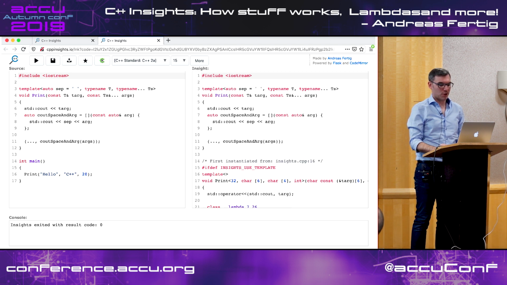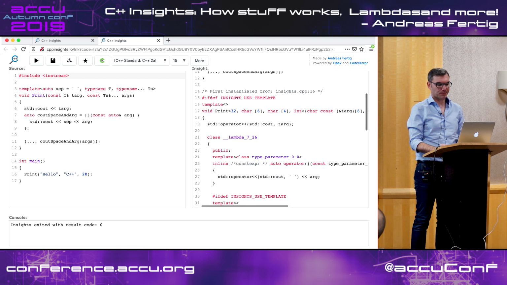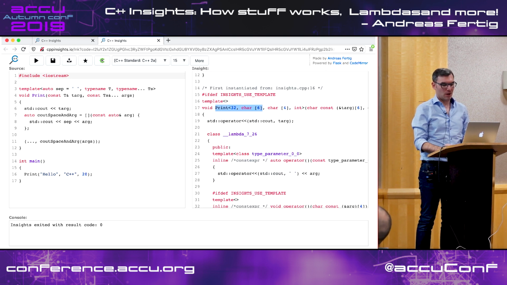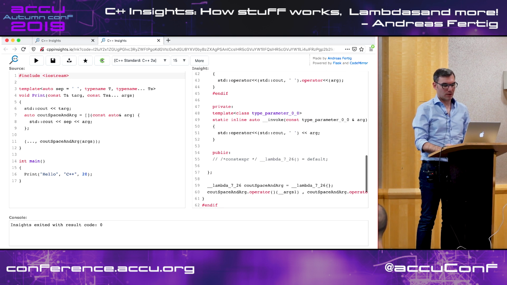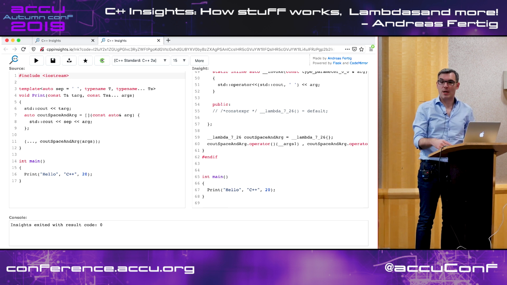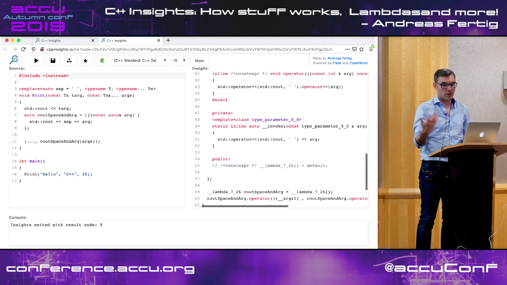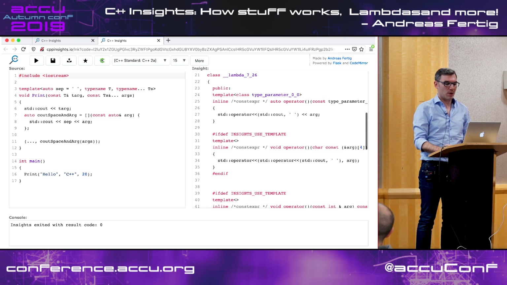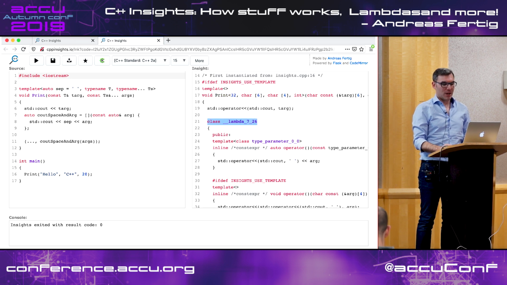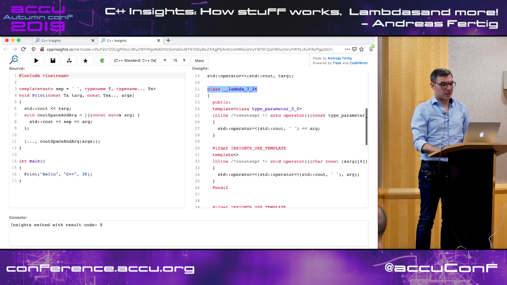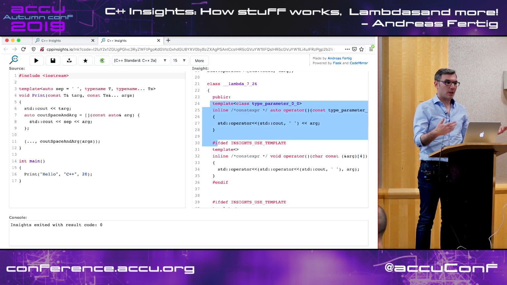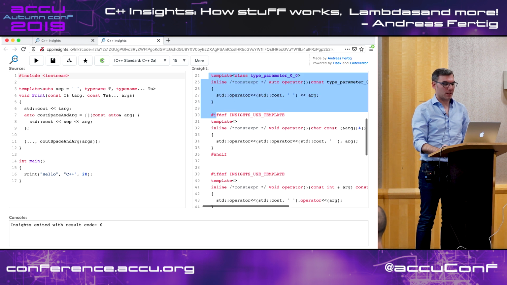If I do the transformation, we can see there is now only one larger instantiation this time of the print function. So no recursion, of course, is happening. I haven't requested any. I have my lambda here, which is the class, which, because it's generic, has the templated call operator.